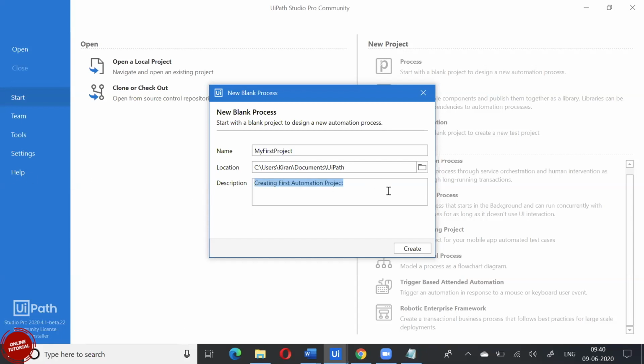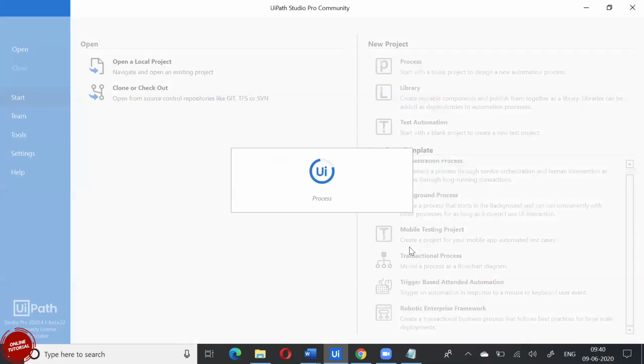That's not mandatory even if you don't update it, but the project name is important. I'll click on create. I'll tell you what it does once we go inside and come to the respective section.